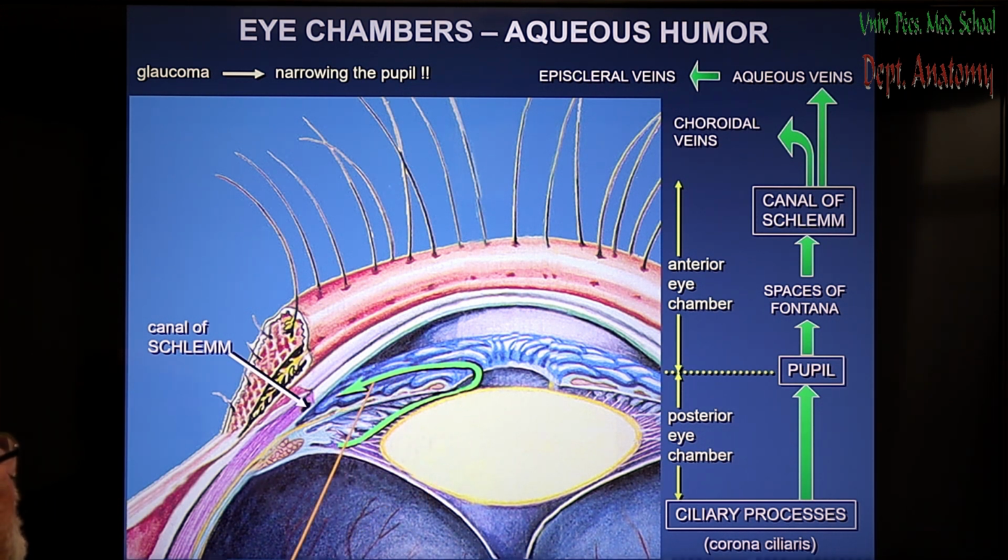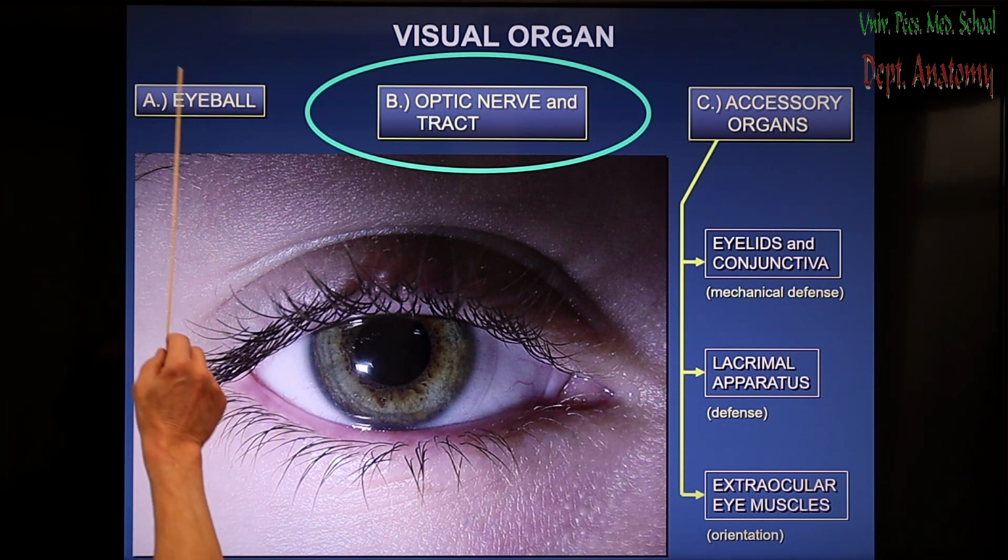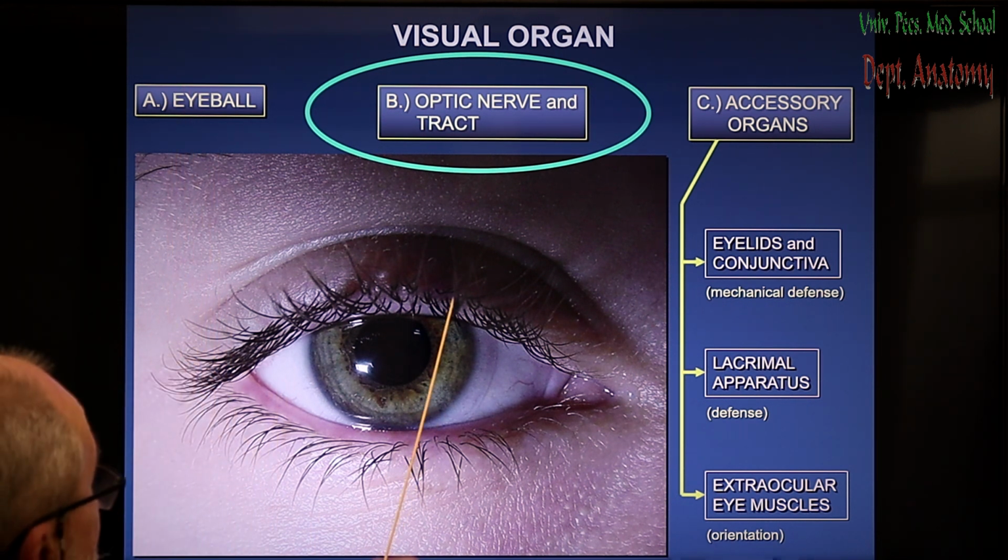The only temporary therapy would be making the pupil more narrow, therefore releasing the pressure from the spongy part of the sclera, the spongious sclera. The next big component of the visual organ after finishing the eyeball, we finished it, is the optic nerve